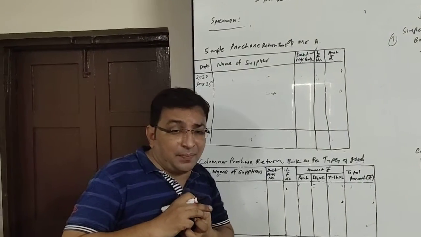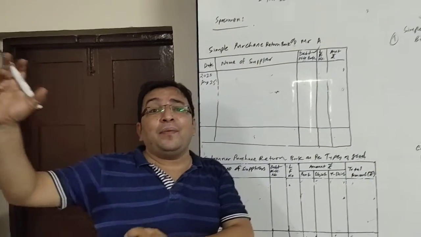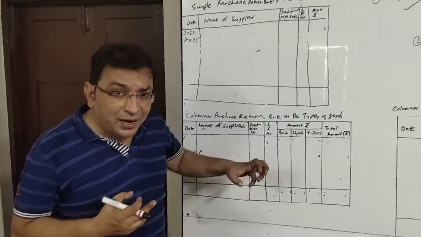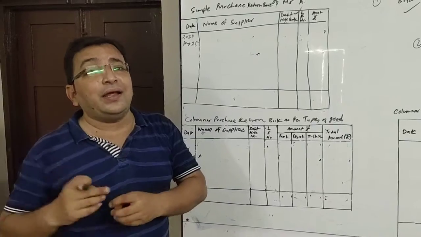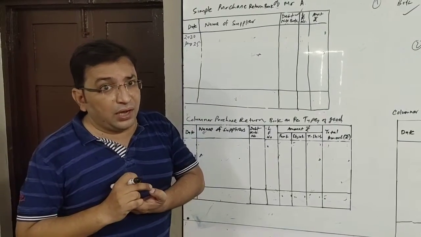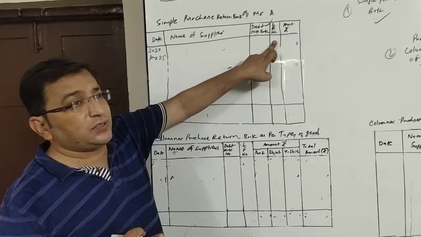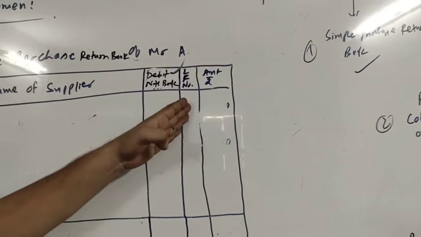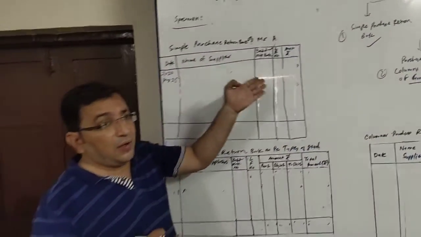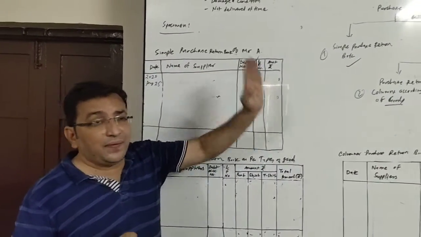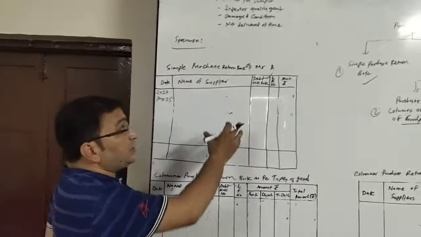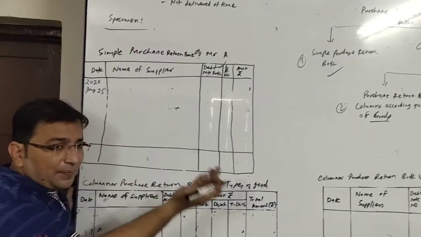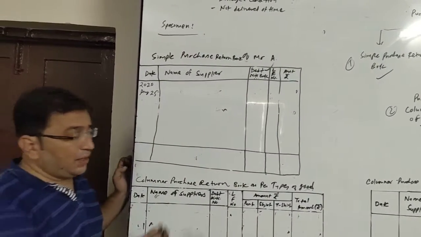We will be debiting that amount in our books of account, he will be crediting that amount in his books of account. We will be debiting his account in our books, he will be crediting our account in his books. Okay, right? And then fourth column as usual, LF number. So we will be writing the ledger folio number, means we will be writing the page number on which the account of that supplier is maintained, and then final column is of amount. So this is all about simple purchase return book. After that there will be total and everything is same as purchase book.